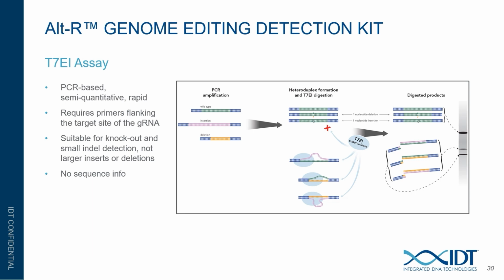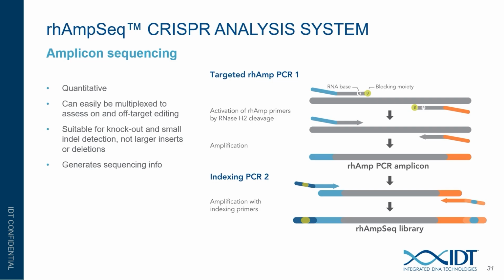RAMseq is the most in-depth editing analysis tool. The amplicon sequencing around the on and off target edit sites is paired with a cloud-based analysis tool. Our RAMseq design tool will design a panel of PCR primers around the specified on and off-target sites within the genome. The RH primers have special RNA bases moiety and blocking groups to reduce the primer-dimer formations and applications of